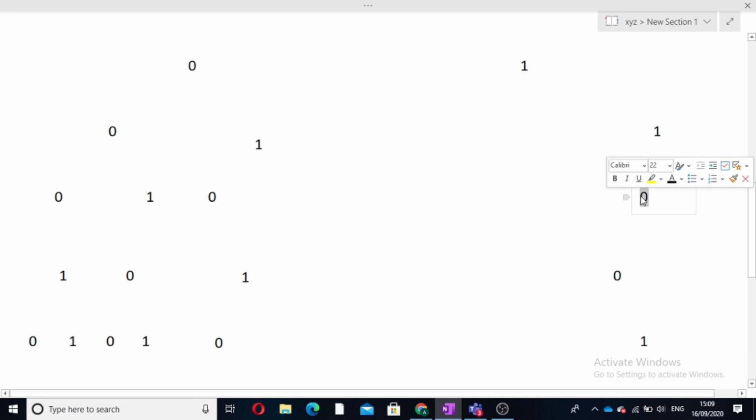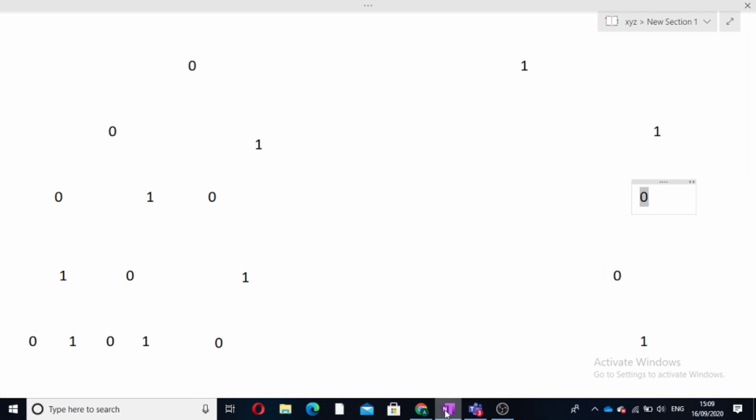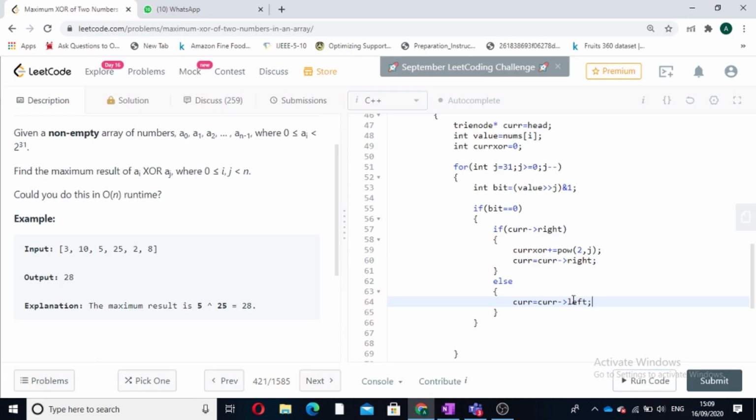For making a 1 out of this bit, we have to get a 1 on the right side, but there is no 1 present, so we are left with no choice but to move left only. So in the else part we will move to left. This was the condition when the bit was 0.